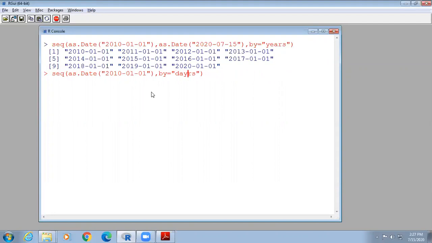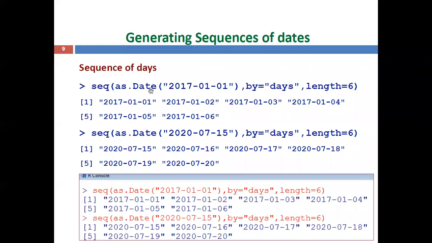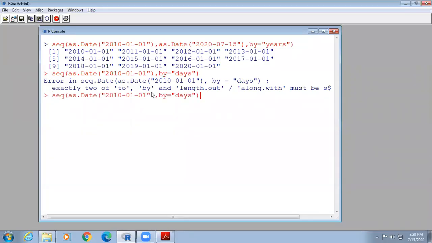Then from that date it displays days. Here you can see you need to provide length also, by days. Length equal to 5. Now you can see, from 1/1/2010 it displays 5 days, continuous days.